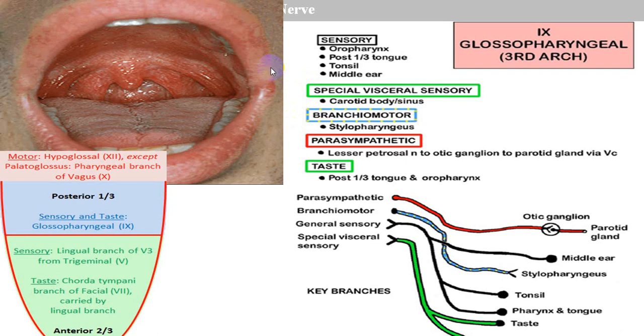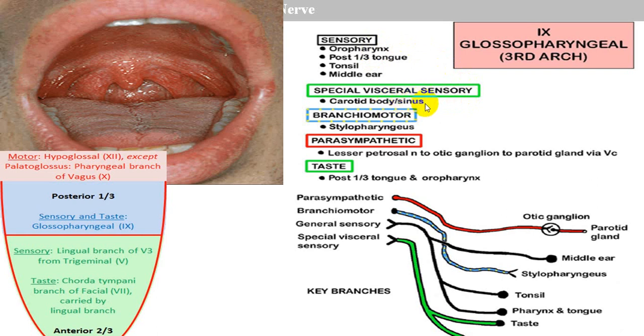Now the glossopharyngeal nerve carries sensory, visceral sensory, motor, parasympathetic and special sensation, that is taste sensation. Sensory supply is to the oropharynx, posterior one-third of the tongue, tonsillar area and also the middle ear. Of these, we take advantage of the oropharynx and posterior one-third of the tongue in the gag reflex, or palatal reflex. There is also visceral sensory supply to the carotid body and carotid sinus,